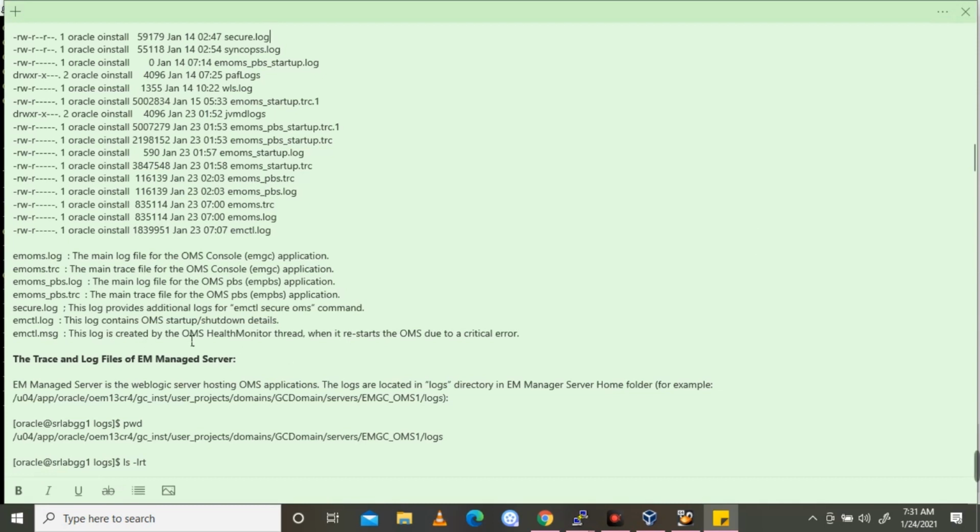And then emctl log. This log contains OMS startup and shutdown details. So we are using the emctl command only for OMS starting and stopping, and all the emctl commands will be executed. All the logs will be captured in this log, emctl log.